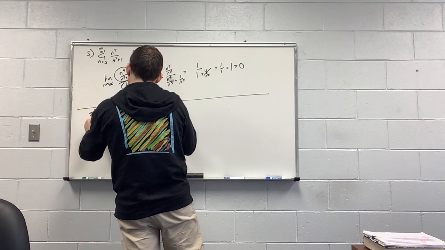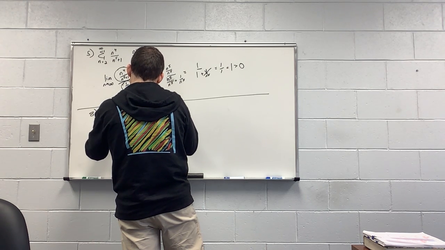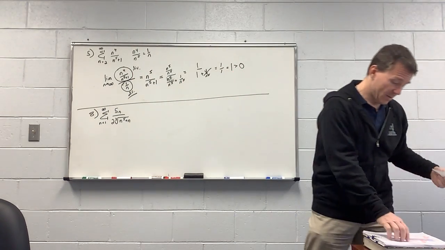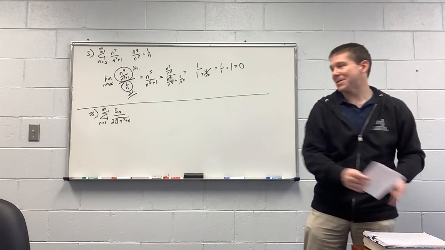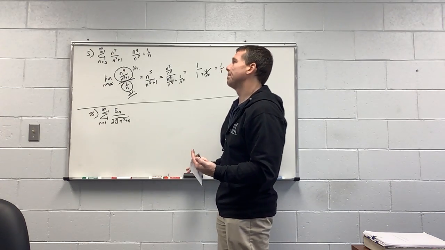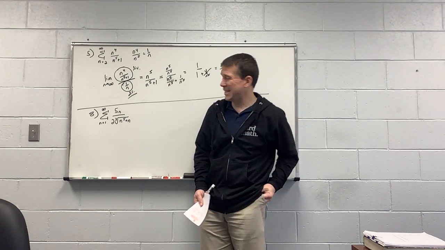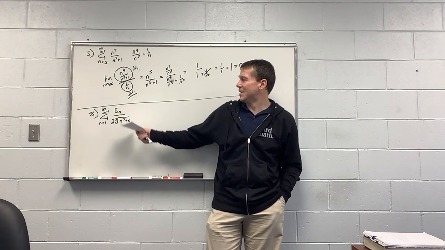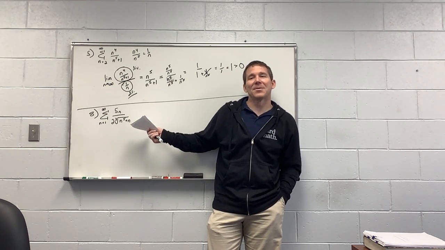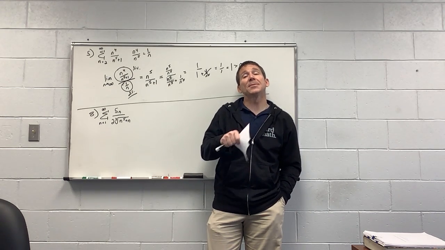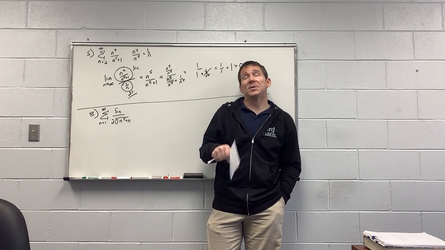It was the summation n equals 1 to infinity of 5n over 2 times the cube root of n to the 5th plus n. And looking at it right away, it looks rather messy. And I know if I'm going to do, say, the comparison test, I have to come up with something nice, probably by adding or subtracting. And frankly, just looking at it, I have no idea what I would add or subtract to it to make it either bigger or smaller. So I'm just going to forget that, and I'm going to think limit comparison,